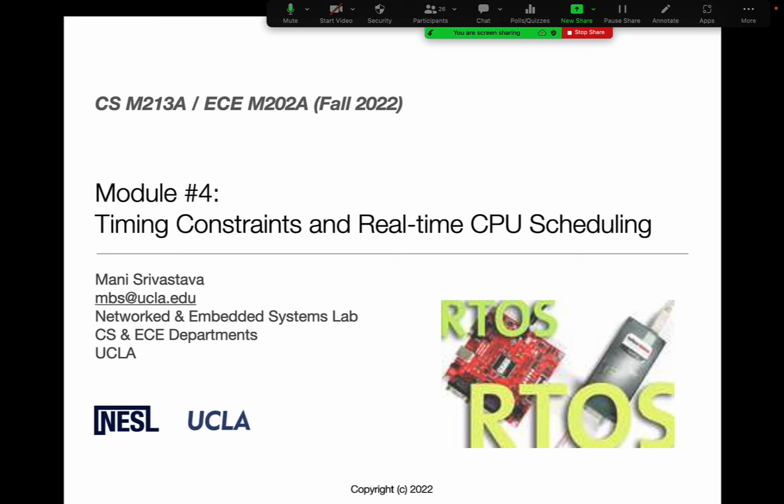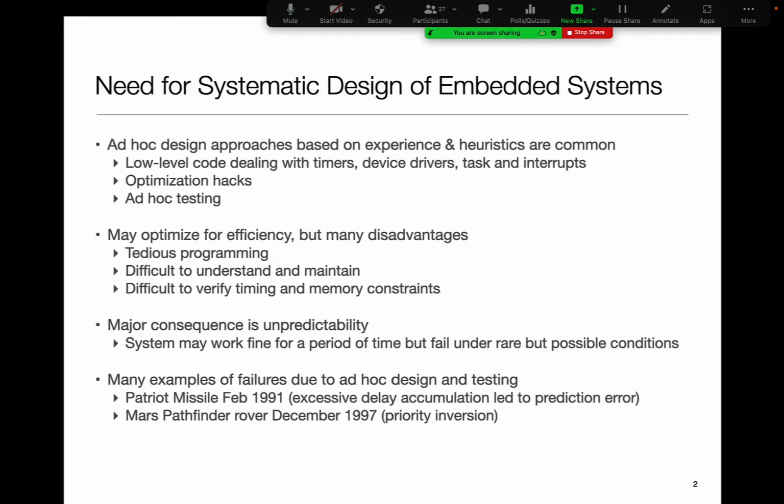So in embedded systems, in real-time systems, we have to deal with much tighter timing constraints, timing requirements. In many settings, we want to design embedded systems where some of these properties can be guaranteed. That is, at the time you are designing, you want to be able to claim that this piece of code, when run on a particular piece of hardware with a particular operating system, is going to meet certain